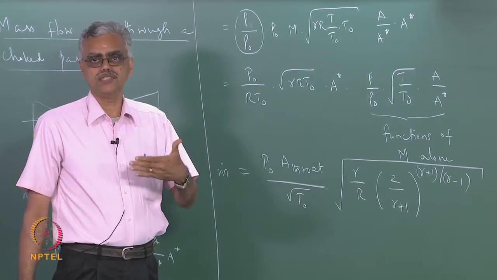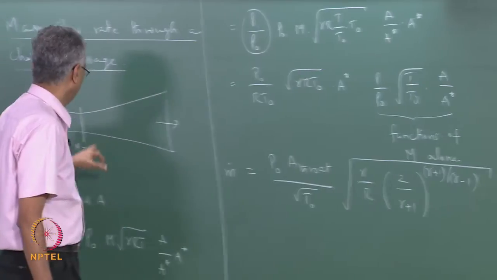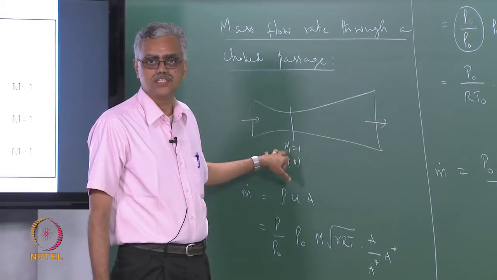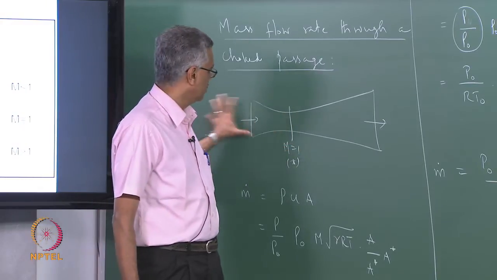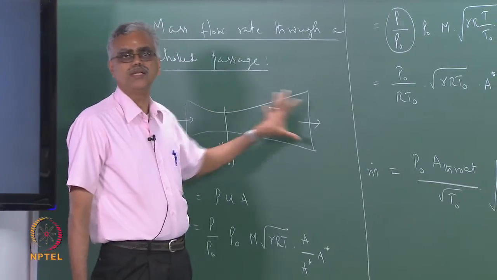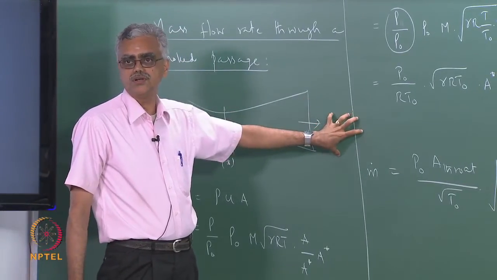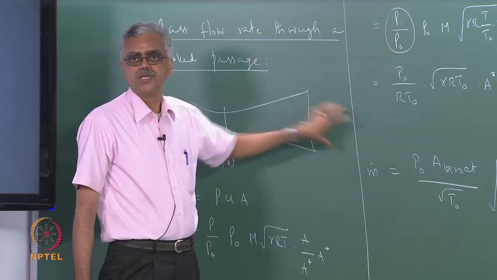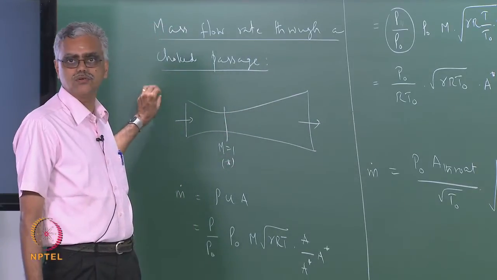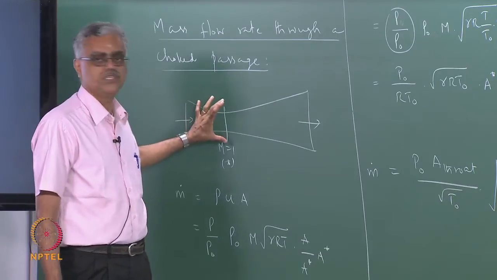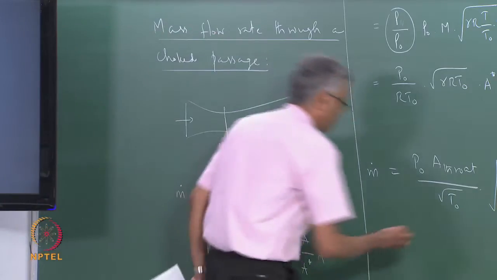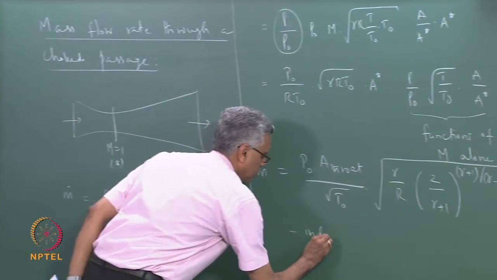That is the reason why we said that the sonic state is a very important state. Remember, we achieved the sonic state here. So, once I achieve the sonic state here, I cannot control the mass flow rate by changing things downstream. The flow will be completely oblivious to whatever changes are taking place here. If I want to change the mass flow rate, I need to change the stagnation pressure or the stagnation temperature, or I can also change the throat area. Okay, so let us write that down. So, this is independent